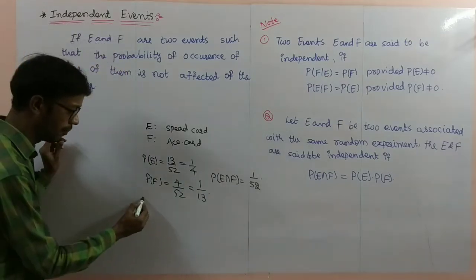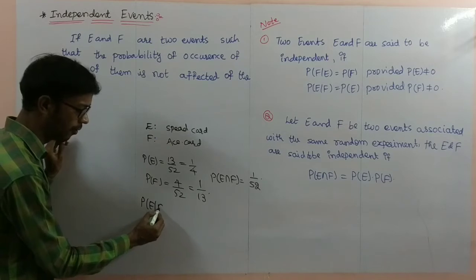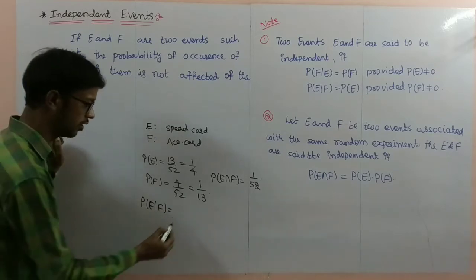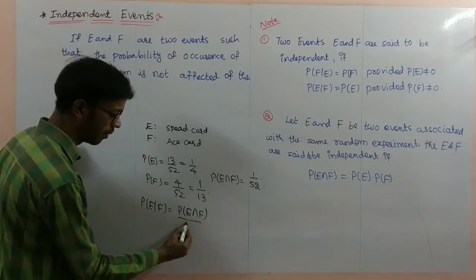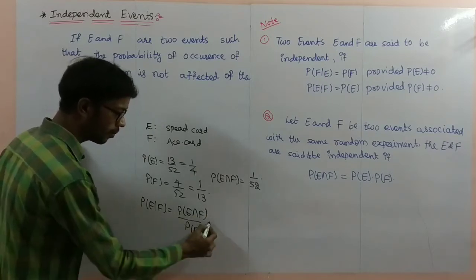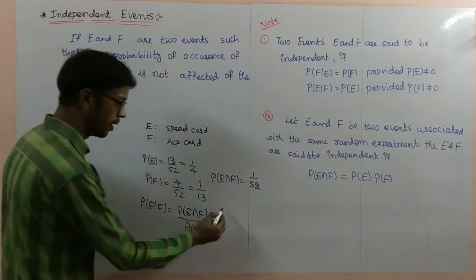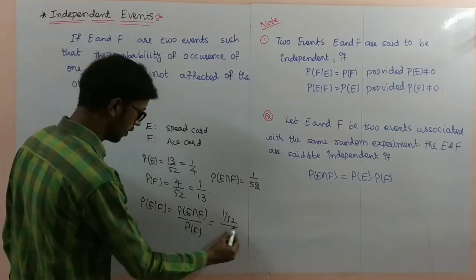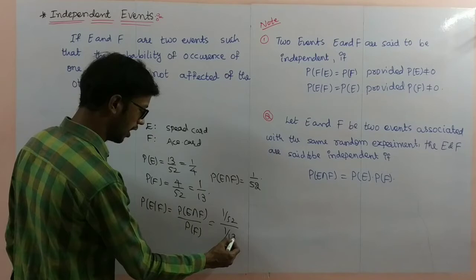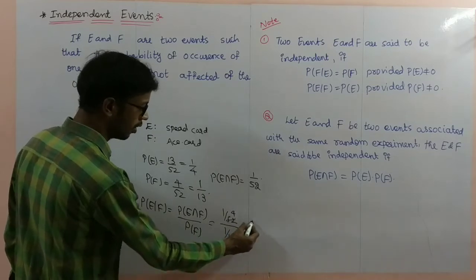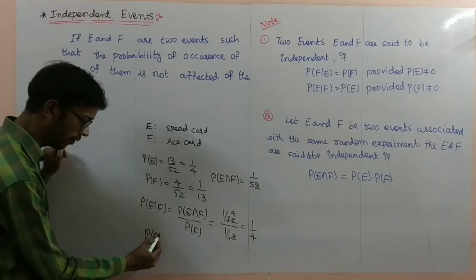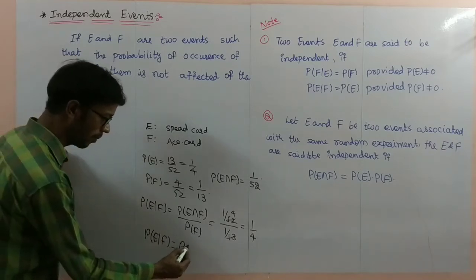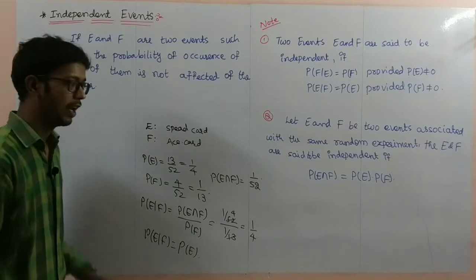So now I'll find the probability of E by F. Probability of E by F is equal to probability of E intersection F by probability of F. That is nothing but 1 by 52 by 1 by 13. So 1 by 4. Probability of E by F is equal to probability of E. Next,